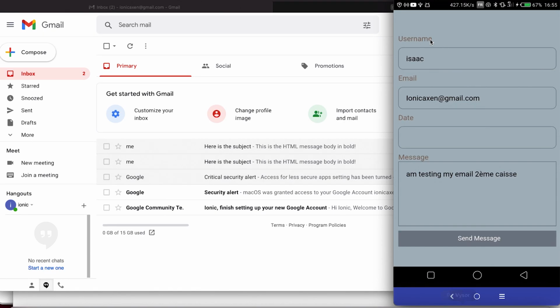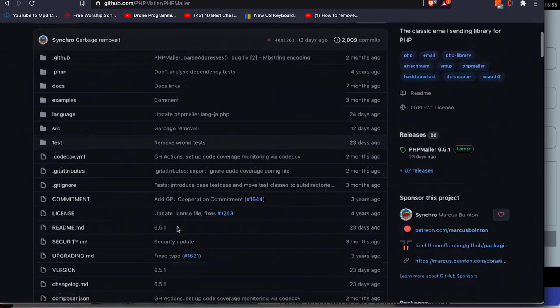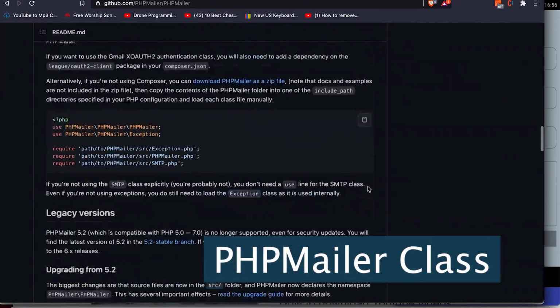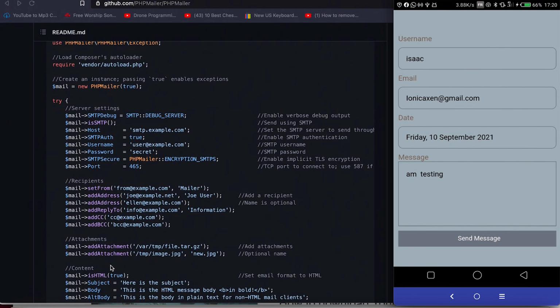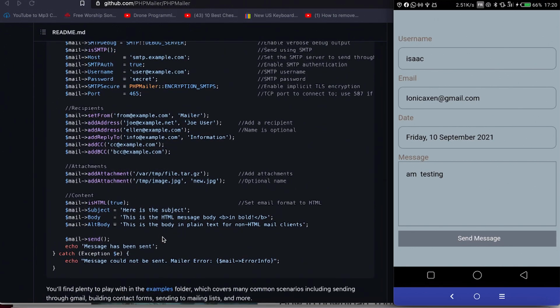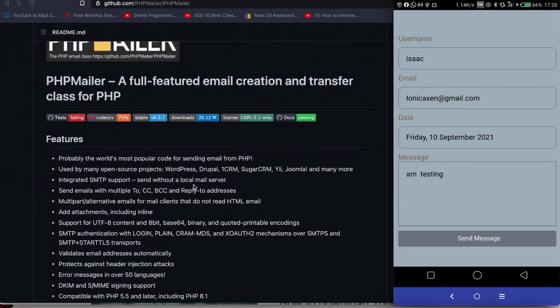So this is our application, a simple Ionic application that we are going to first design this interface, then we will go and download this PHPMailer service that we are having here, and here is a sample file that we are going to be using in our project. So that having said, let's dive into command line and see how we can install and set up our Ionic